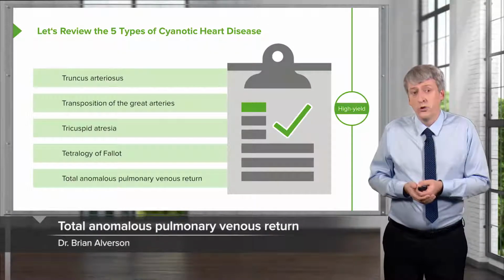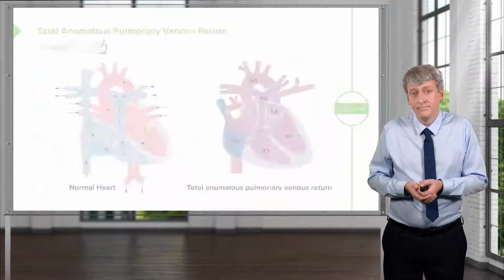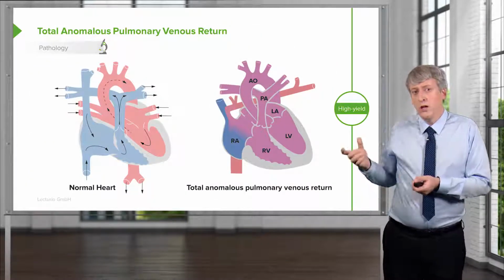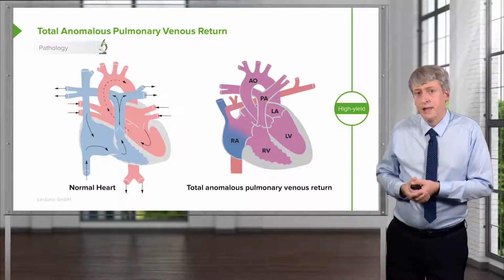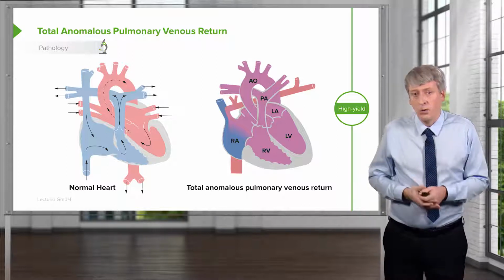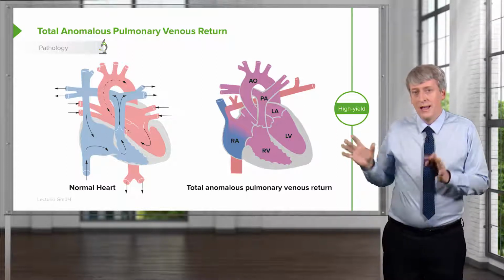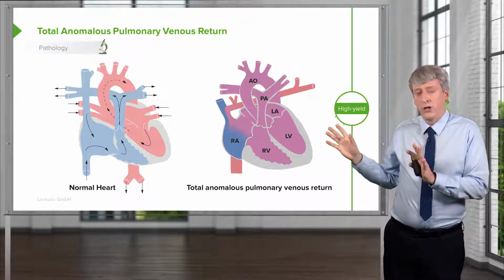Last, let's go through totally anomalous pulmonary venous return. So here on the left side of your slide, you can see a normal heart. And on the right side of your slide, we're looking at a totally anomalous pulmonary venous return. I think this image might look confusing to you at first, so I want to walk you through what exactly